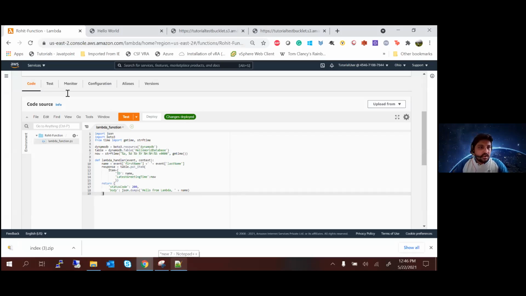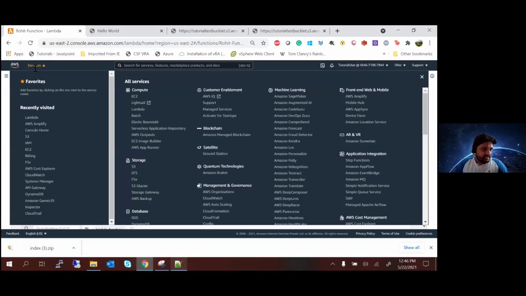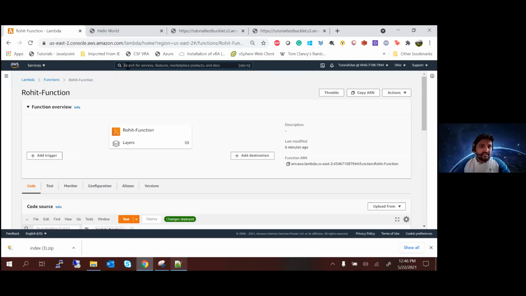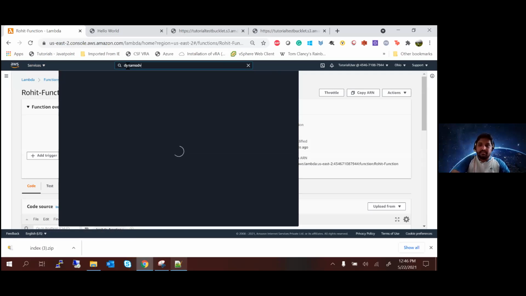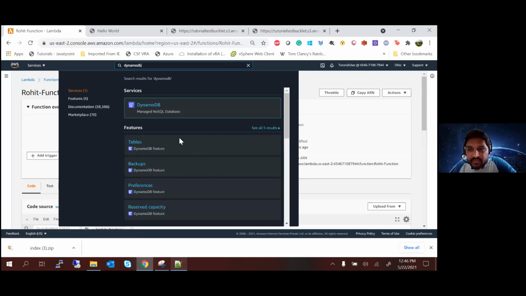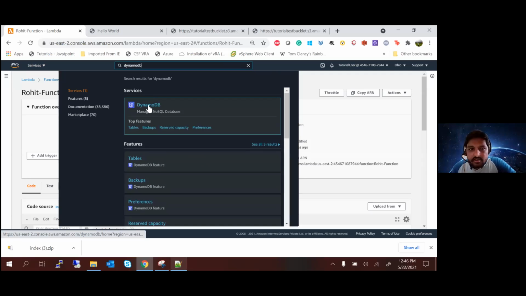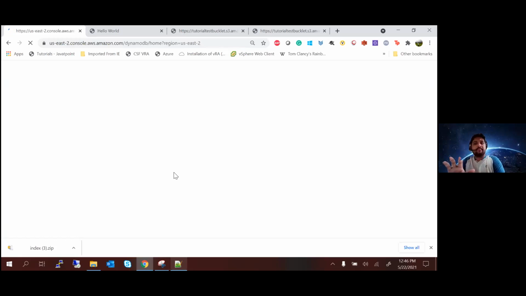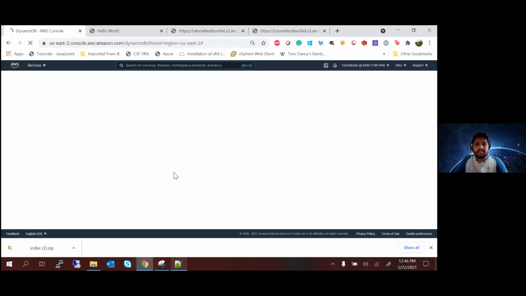So now go back to your services and search here, search DynamoDB and come to the DynamoDB page. From this point of time, if you're not able to follow what I'm doing, just look at the screens.